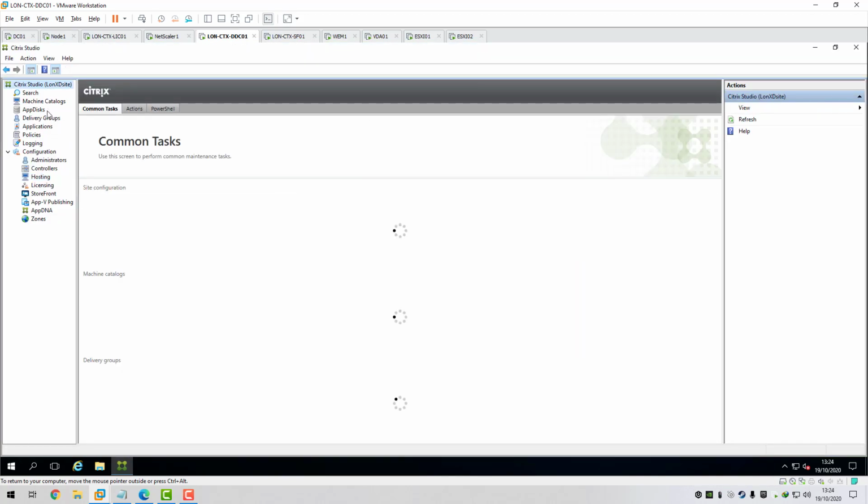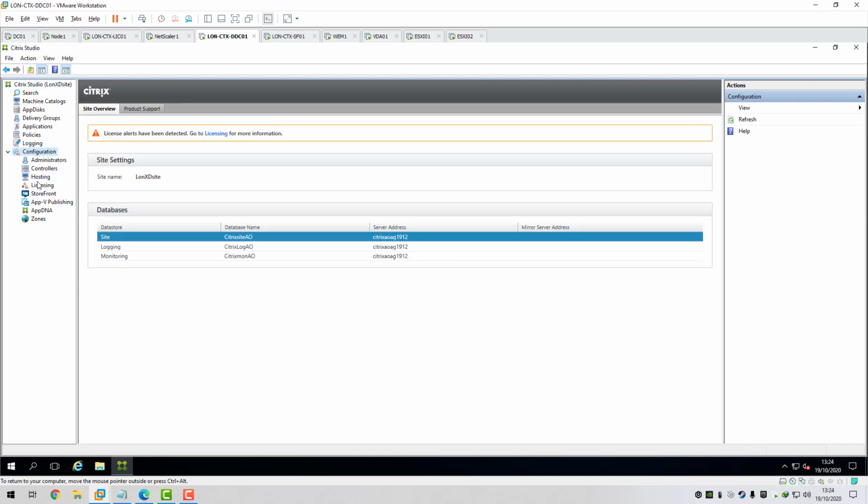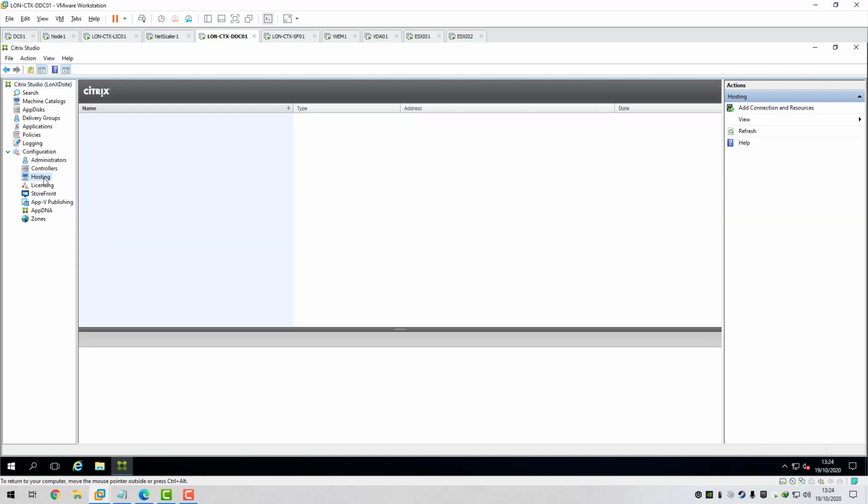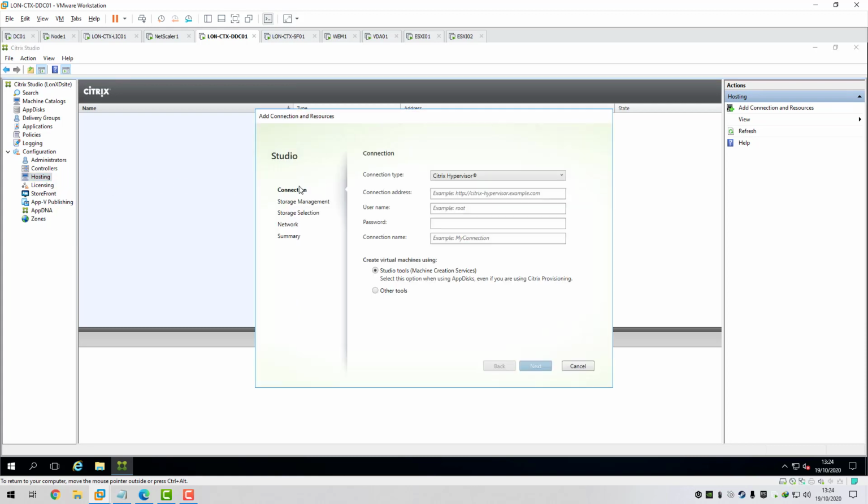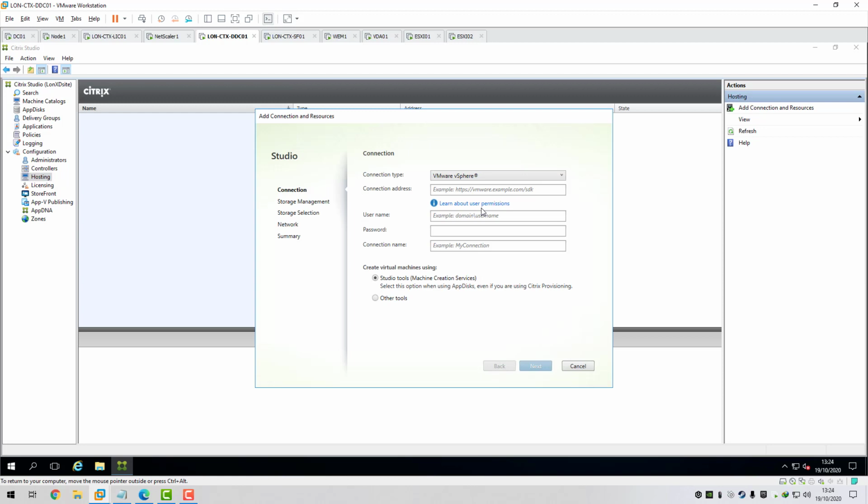So if we open Citrix Studio, under the configuration node, if we click on hosting, we need to right click on that, do add connections and resources. From the drop down we'll choose vSphere. Under the connection address I'm going to type in my vCenter appliance. So the URL is https://